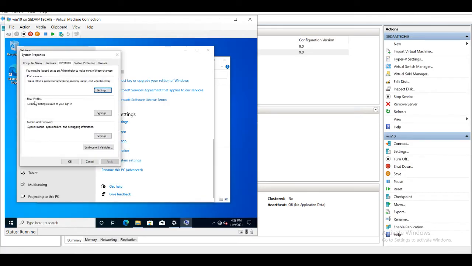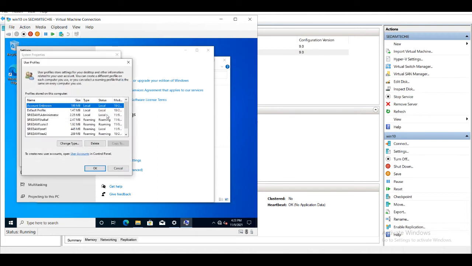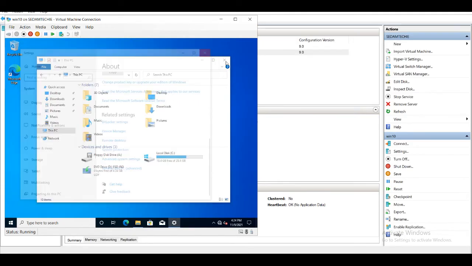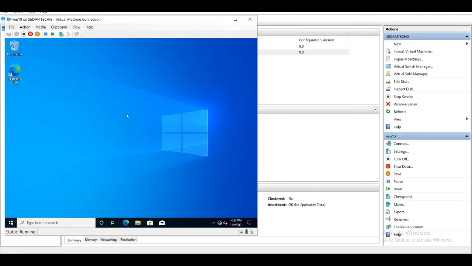Now click on user profiles, which is present in the advanced tab. Click on settings. Here you can see test2. Earlier it was showing local, but now it is showing roaming. So we will create some files on this machine and see if they migrate to the server, to the folder which we have created.